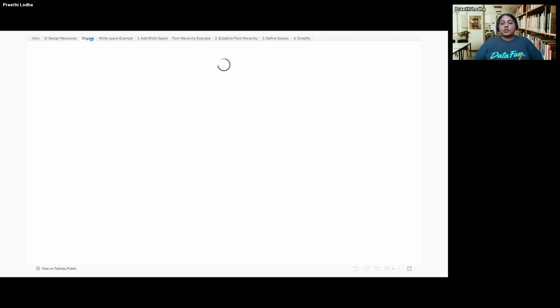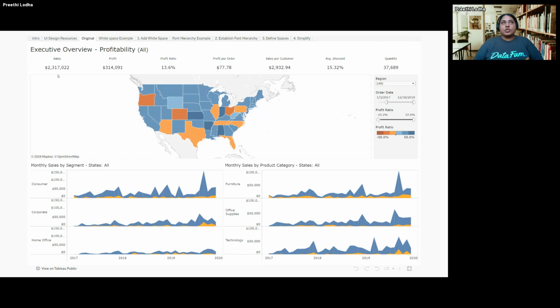So quick question, do let me know in chat how many of you have seen or interacted with this dashboard that Tableau gives you. Whenever you log into your Tableau Desktop, you see the Superstore example, right? This is the initial dashboard it comes up with. It's basically an executive dashboard. It is showcasing a few KPIs on the top. It is giving a map with the regionality, and then you have a couple of breakdowns by segment and product category, which is providing you broader information.